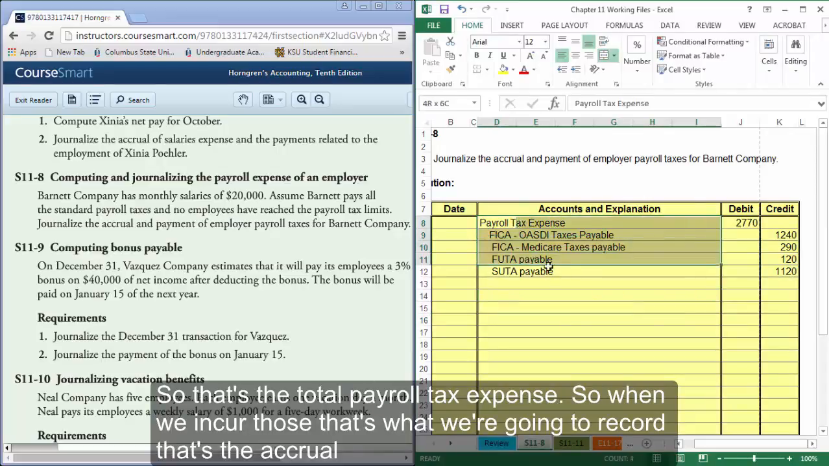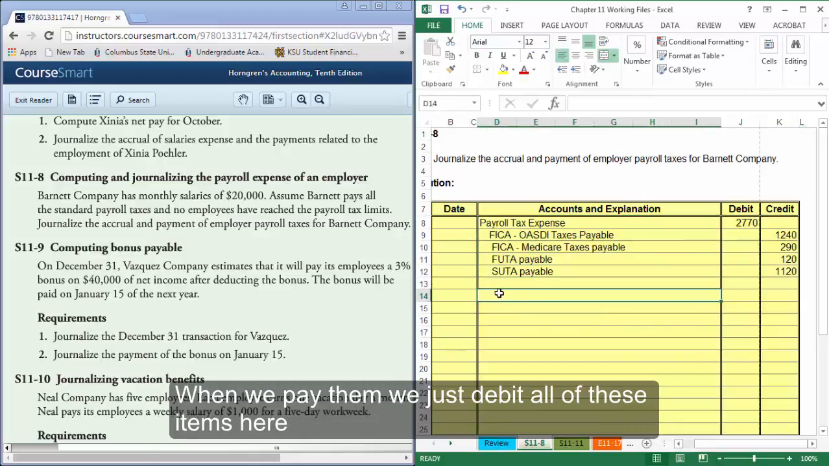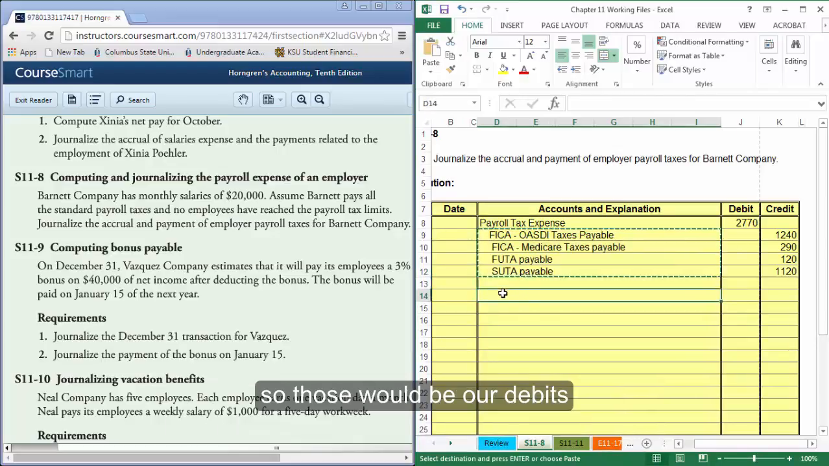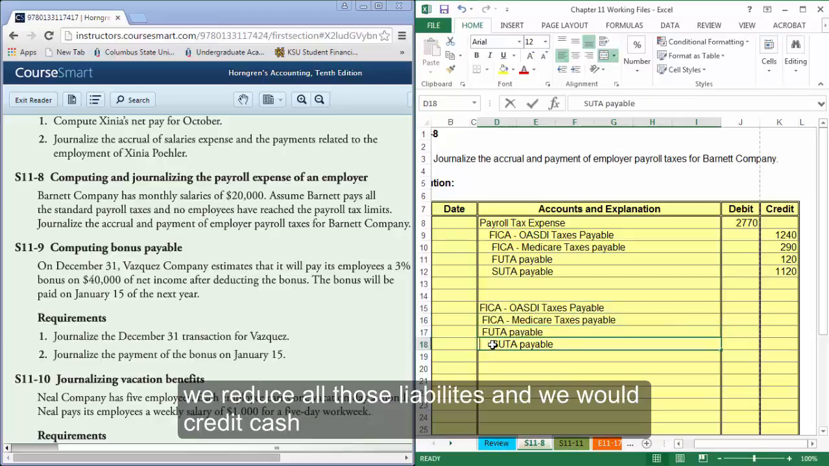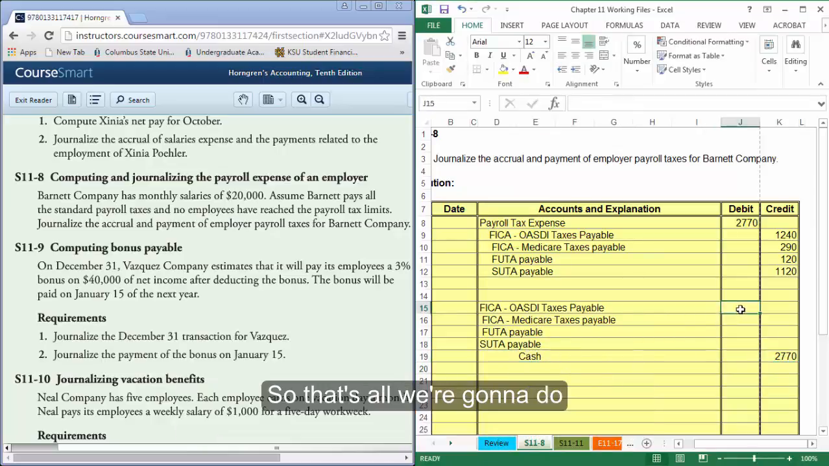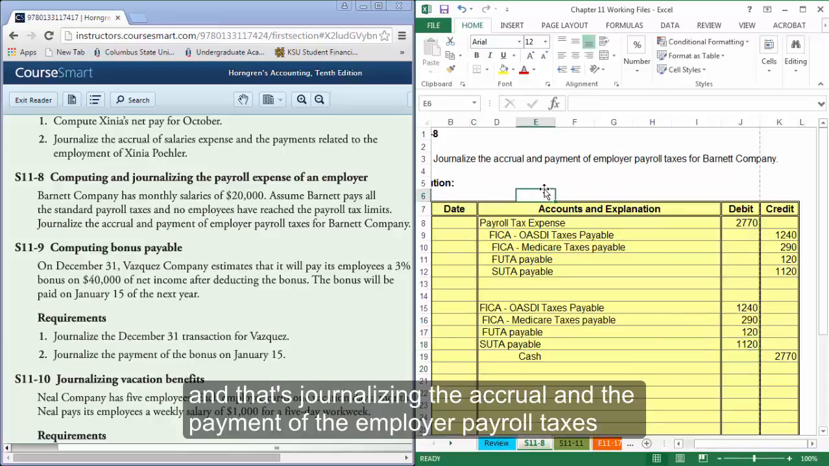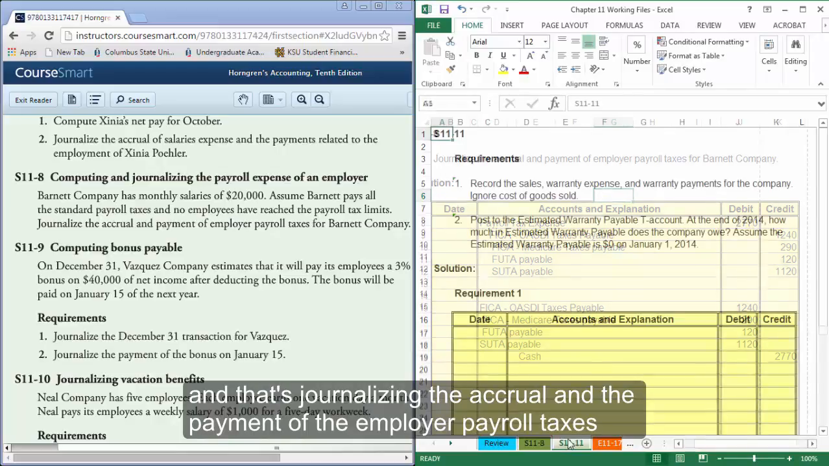So when we incur those, that's what we're going to record. That's the accrual. When we pay them, we just debit all of these items here. So those would be our debits. We reduce all those liabilities, and we would credit cash. So that's all we're going to do. Okay, and that's journalizing the accrual and the payment of the employer payroll taxes. Now let's look at exercise